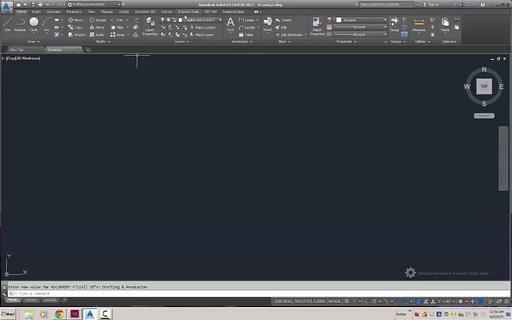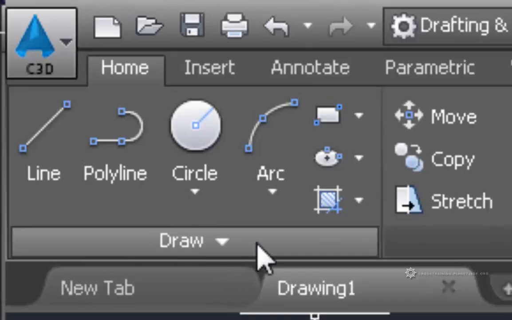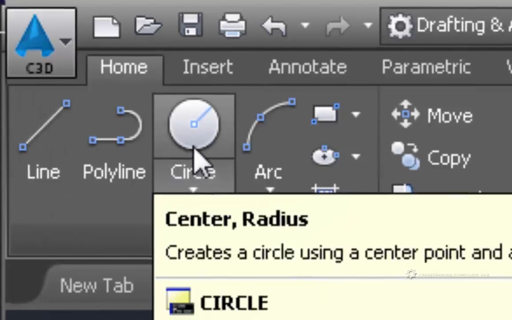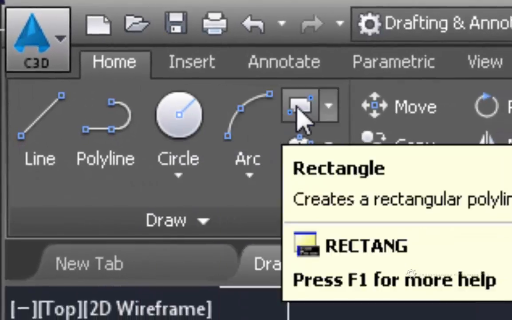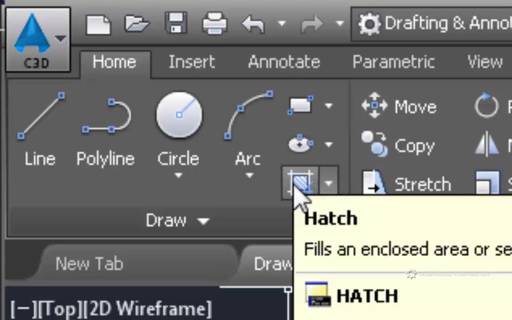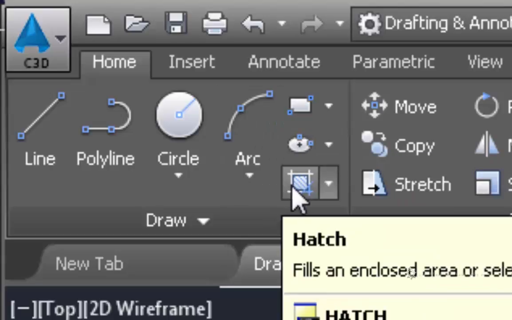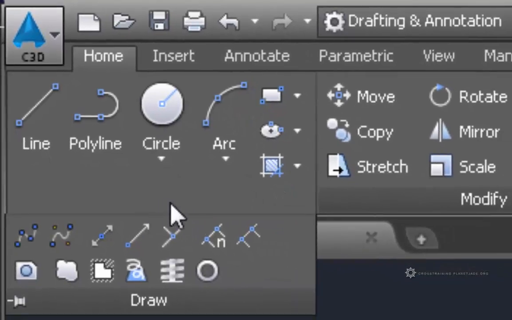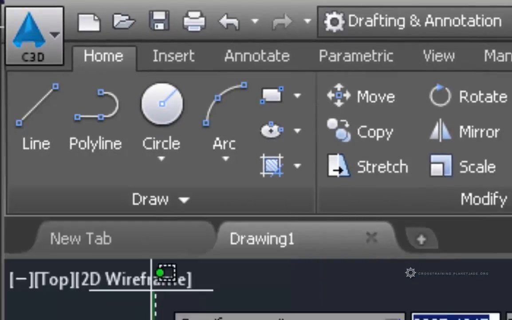So where I want to mostly be concerned with for the purposes of this section is this draw group right here. And I notice inside of this draw group I have line, I have polyline, I have circle, I have arc, I have rectangle, I have, looks like, ellipse, hatching. Not going to worry too much about hatching in this section. We have a whole section dedicated towards hatching. When I click that little drop down thing here,